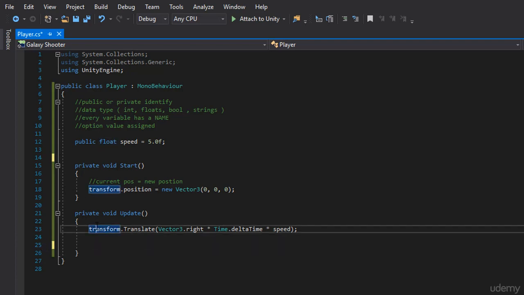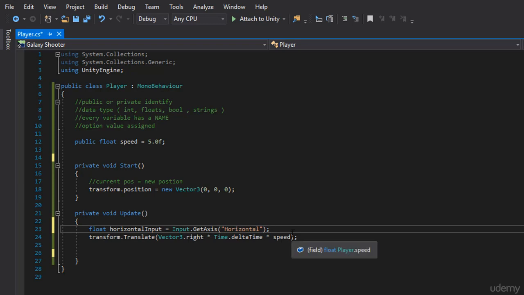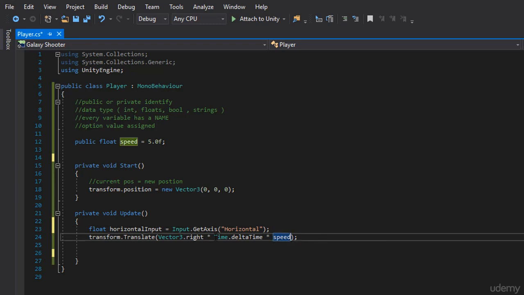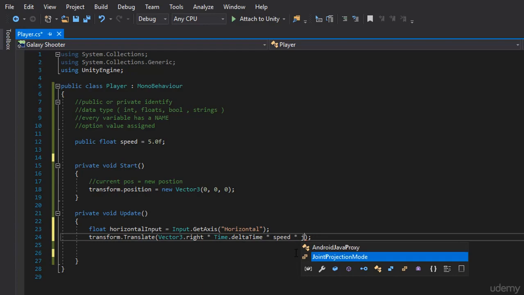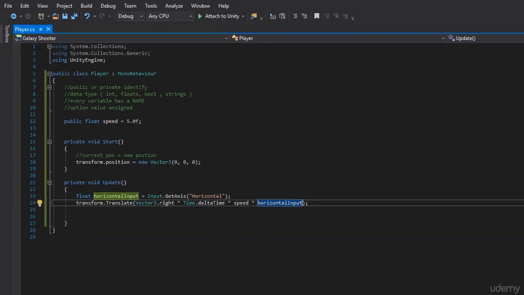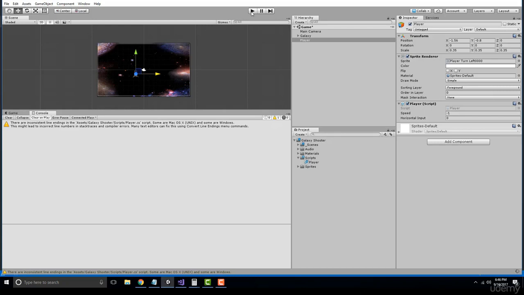Now we just need to add our horizontal input. Like how we've added real time and our speed, we're going to do the exact same thing. We're going to multiply this by our horizontal input. And if I save this and test it out,